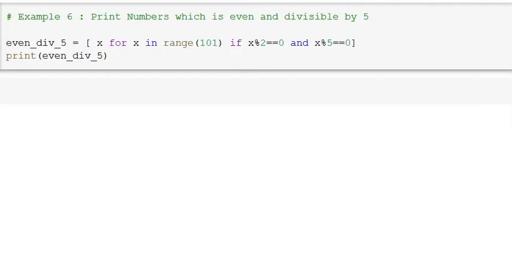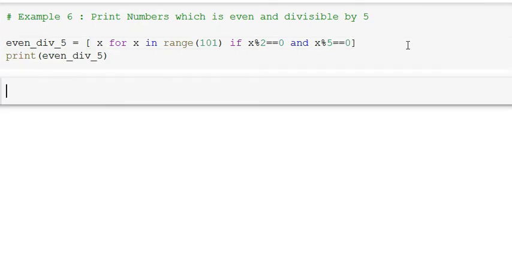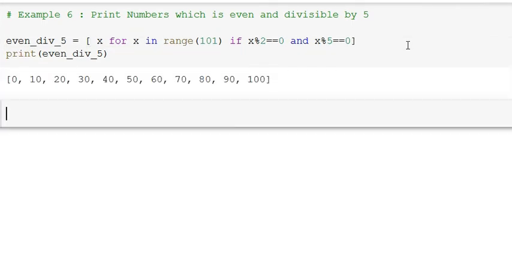The next example is to print numbers which are even and also divisible by 5. For x in range 101, if x is divisible by 2 and also x is divisible by 5, then print the value x. So it will print only the values which are even and also divisible by 5.